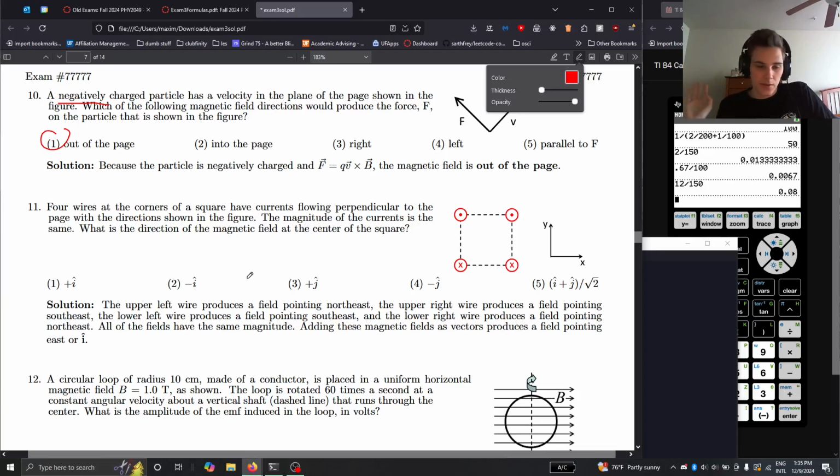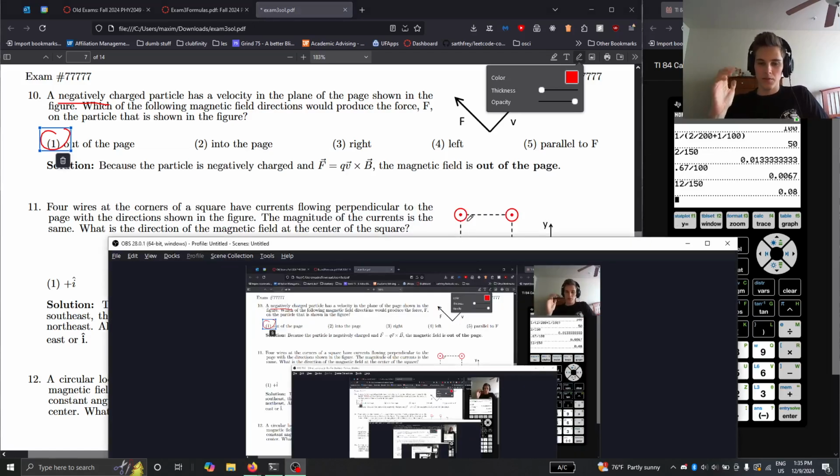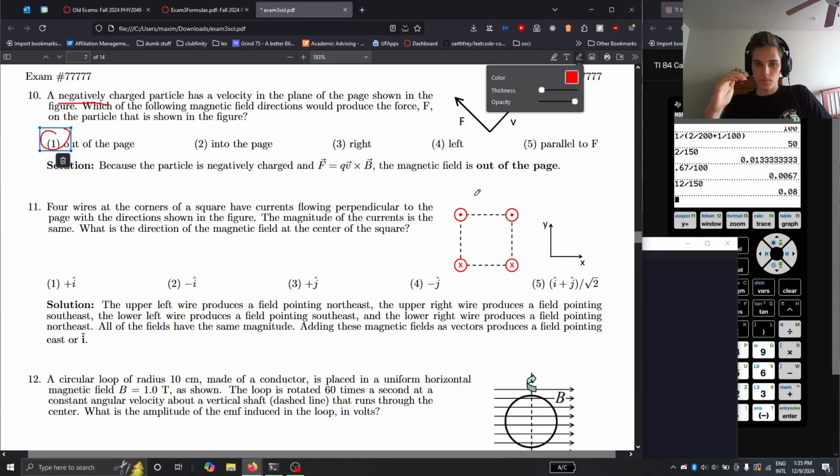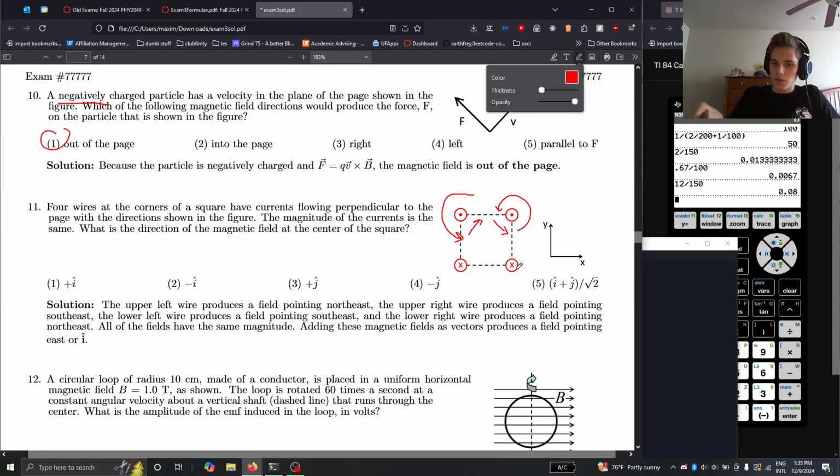Magnitudes of currents, directions, the magnetic field, center of the square. Okay, again, right-hand rule. If these are coming out of the page, stick your thumb towards yourself and see where your fingers curl. My fingers are curling in this direction, right? And the same thing happens here. It's the same. When I do these problems, I like to represent them with diagonal lines because I think it's a little bit easier, but you can see this kind of bridges the gap within these circles. If instead this represents sticking your thumb inside the page, curling there will give you something like